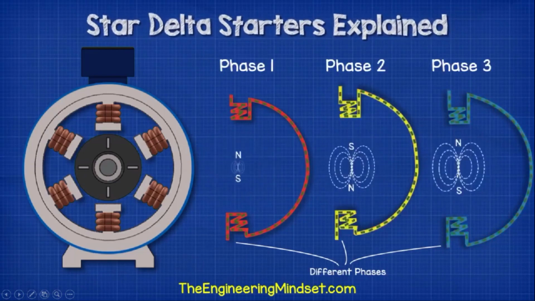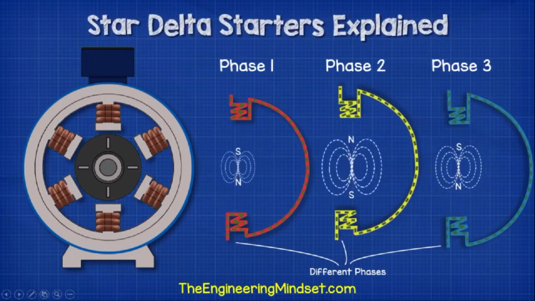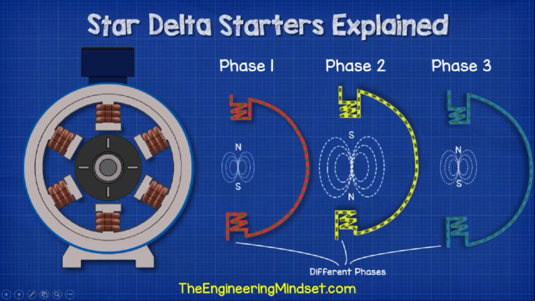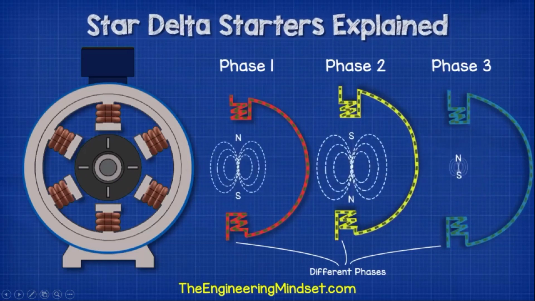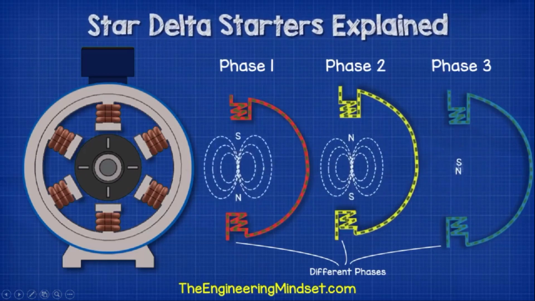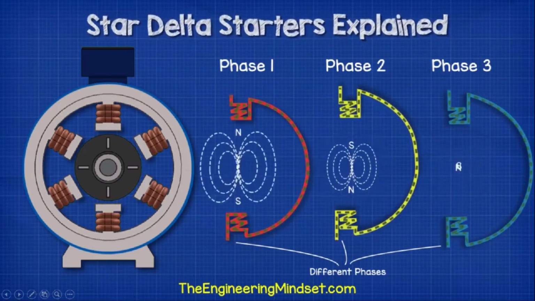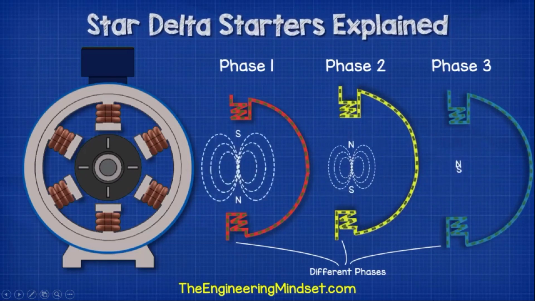But if we were to connect each coil to a different phase, then the electrons in each phase will change direction between forwards and backwards at different times compared to the other phases. This means that the magnetic field will change in intensity and polarity at a different time compared to the other